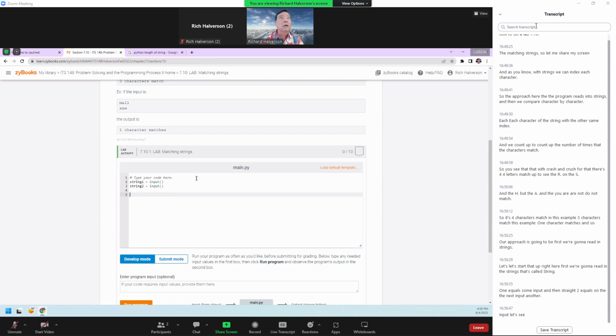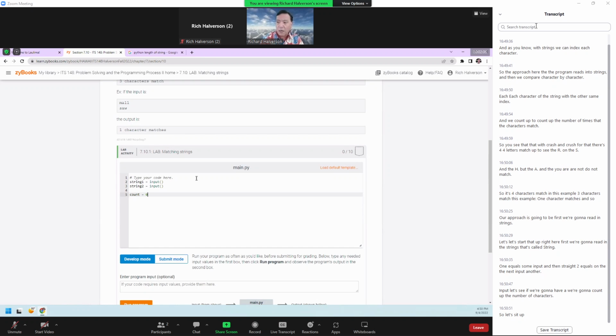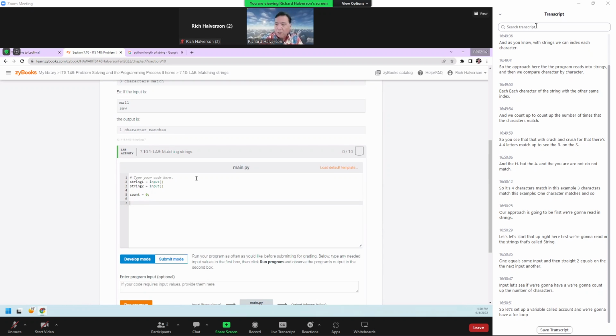Let's see, we're going to count up the number of characters. So let's set a variable called count. And our loop, we're going to have a for loop. For I in the range of,